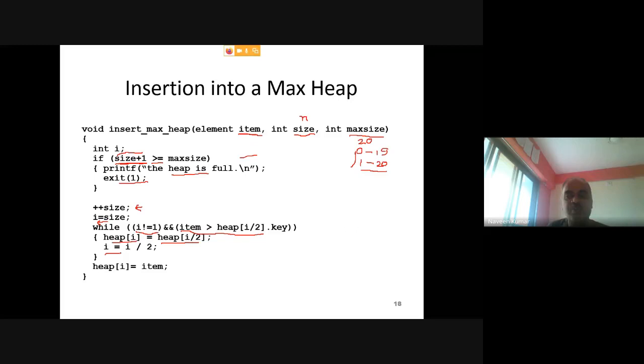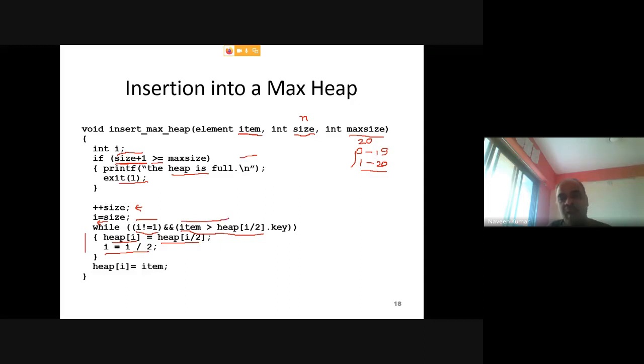Then i becomes its parent. Shift this i towards its parent. Now again repeat this operation, right? Either it becomes the root, or again you need to compare your item with its new parent, right? So keep on doing this, until finally i becomes the root of the tree.